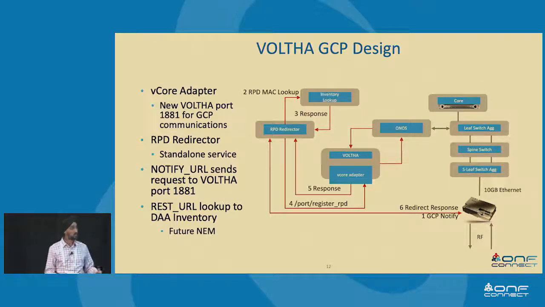So a request comes in, we take a look, we dip into our inventory, which by the way could be built into NEM. Due to time, we couldn't do the direct integration into NEM for inventory. As a result, it now knows what the vCore address of that RPD is. Then it registers to the vCore adapter, or sorry, the RPD adapter in this case. This is a little older slide. So that's a simple post message to say the device is here. It's plugged in. That sends a packet-in message to ONOS. You have a pretty graph showing up in ONOS as a full logical switch with ports, and you are now off to the races, right?